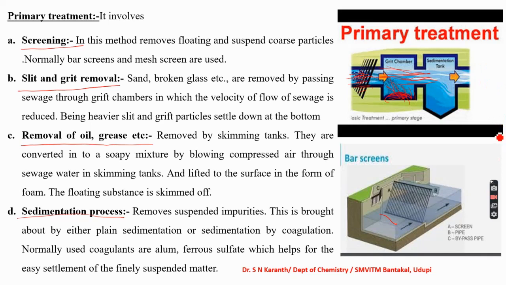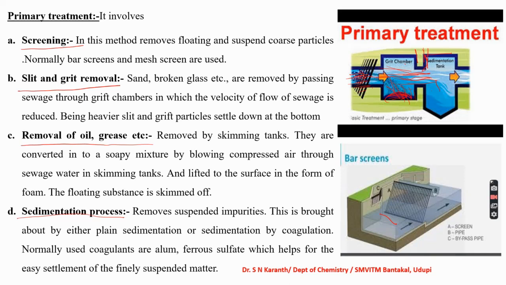What is shown here is a sedimentation tank, but in between the grit chamber and sedimentation, we may introduce a skimming tank if the waste contains oil and grease. They are converted into a soap mixture by blowing compressed air through the sewage water in the skimming tank. These are lifted to the surface in the form of foam, and the floating substance is skimmed off. After that, the